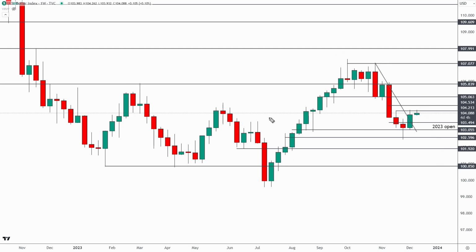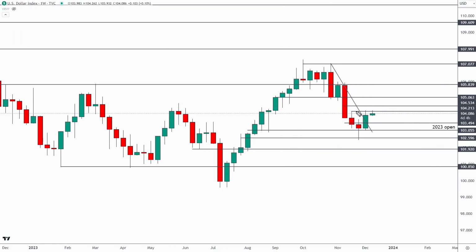If we see the DXY start to reclaim this level into the end of the year, if it starts trading back up here in this area, then I do think that's going to be bullish for the DXY into 2024, because this area at 105.80 is now the level to get back above. Now, if it doesn't, and we see the dollar close anywhere down here within this range, then I do think the odds of a retest of this level down here at 101 are much greater, because the dollar would have failed to close back above the 105.80 area.